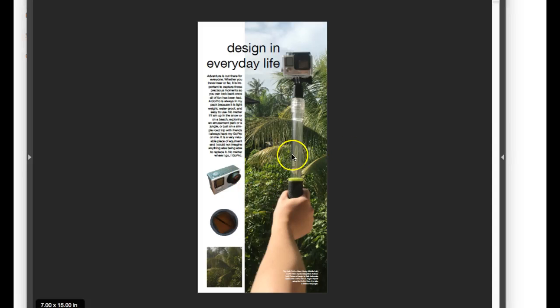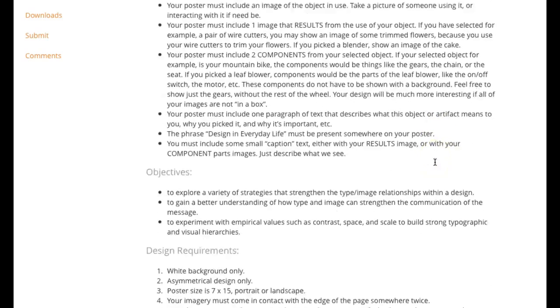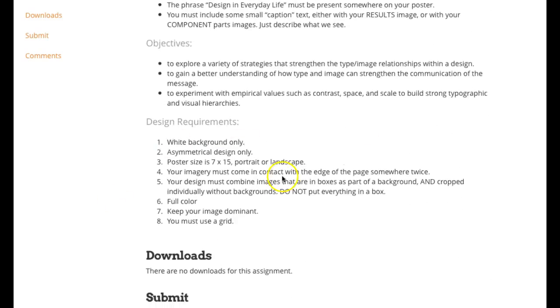Now, there are some things that are going on here that are really good. Number one, you've got the specs down. And these specs are not easy. They don't read easy. This is a tough assignment in terms of really getting the specs in your pocket and deciphering exactly what this assignment is looking for. So good job there. You nailed everything, pretty much verbatim from the instructions. Really good job following that spec sheet and design requirements and objectives.